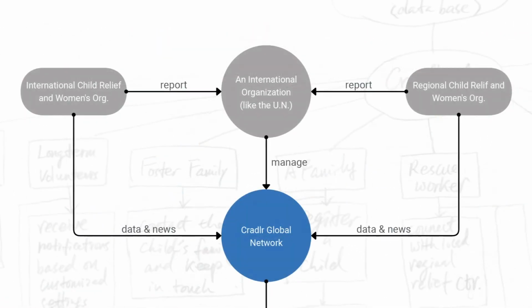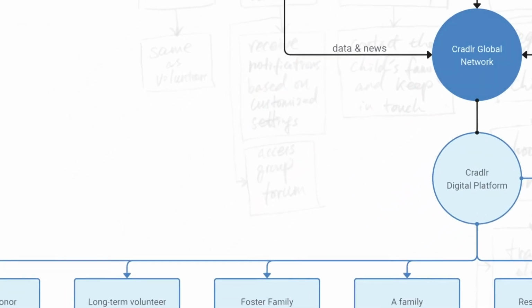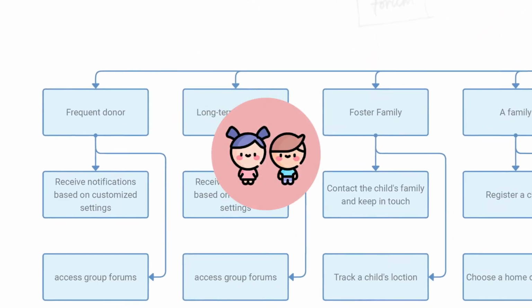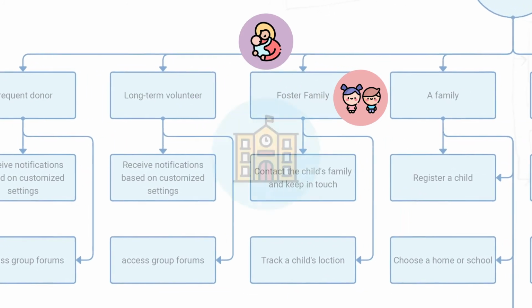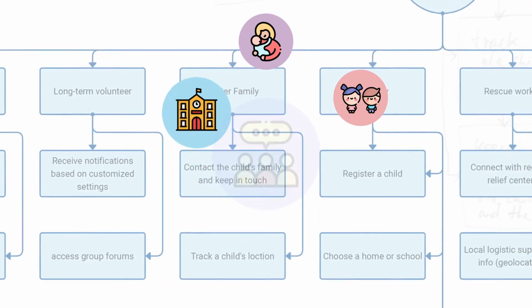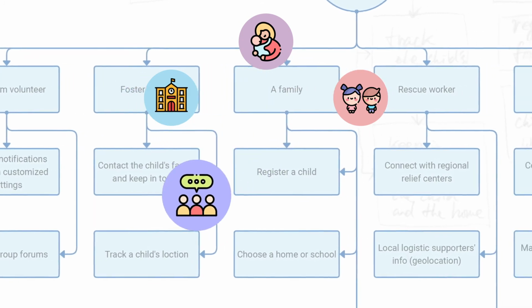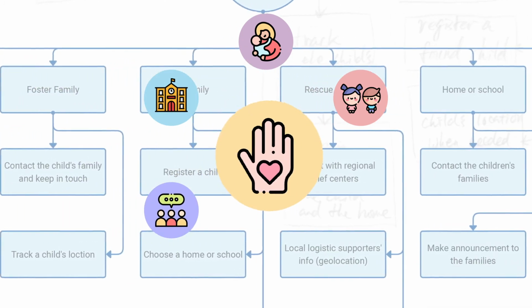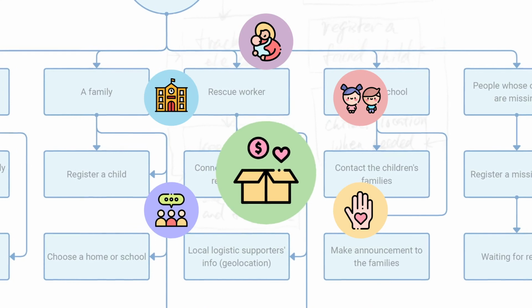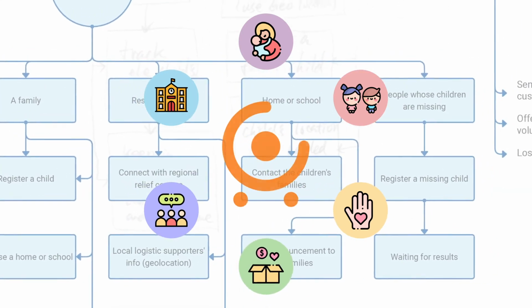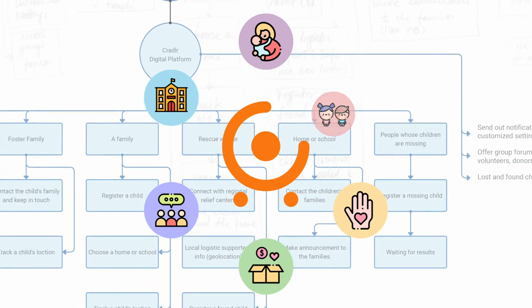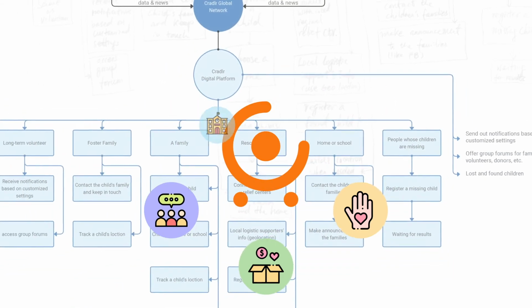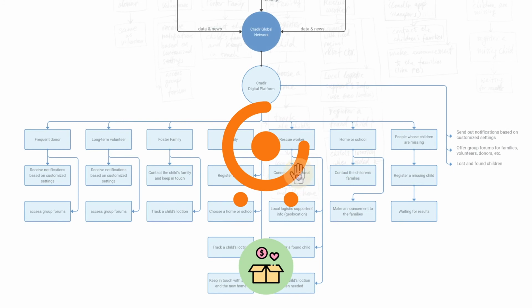The final product embraces the connection and communication among the displaced children, their families and temporary guardians, education affiliations, international and regional organizations, as well as volunteers and donors. The stories and personal data of displaced children accumulated by adults are stored and protected by the Creedler Network database. This database becomes a collective digital memory.